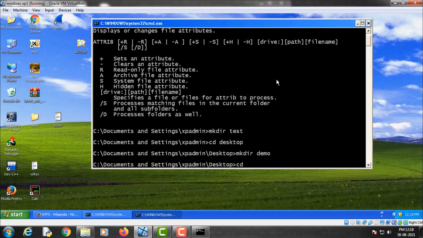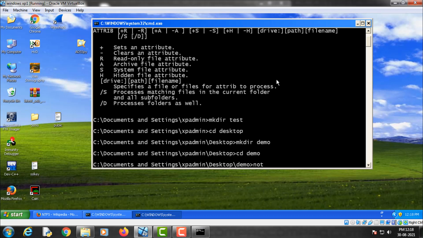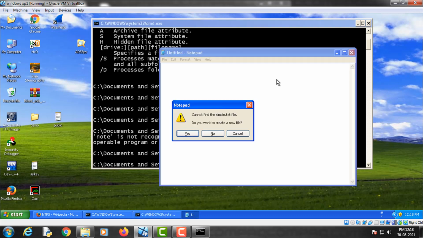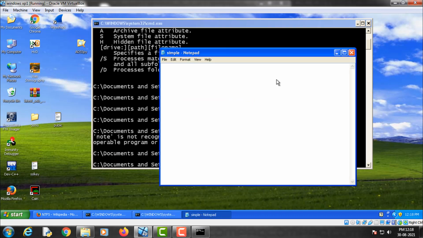Let's go inside this demo folder and create a txt file, simple.txt. Again a typing mistake. Let's enter some content.